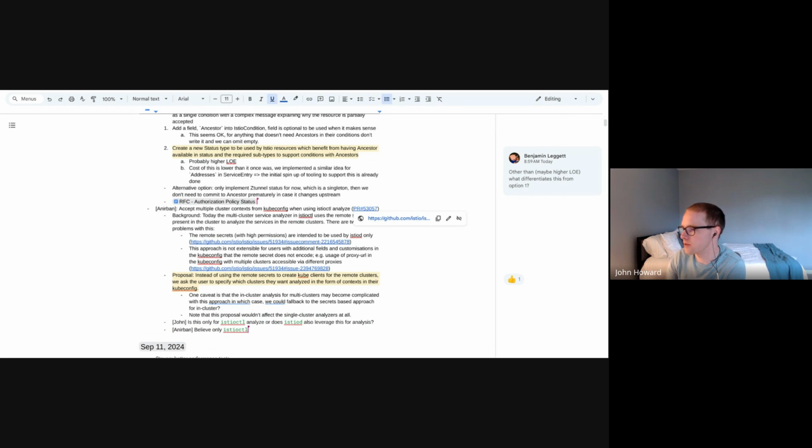I'm not entirely sure. I just skimmed through the PR this first time looking at it. So apologies if it's obvious there, but I'm not entirely sure how, in our desired behavior, a user specifies, let's say I have 10 clusters I need to connect to. How do they actually specify which 10 to connect to from the kube config? Or how do we want them to? That's, I guess, a better question.